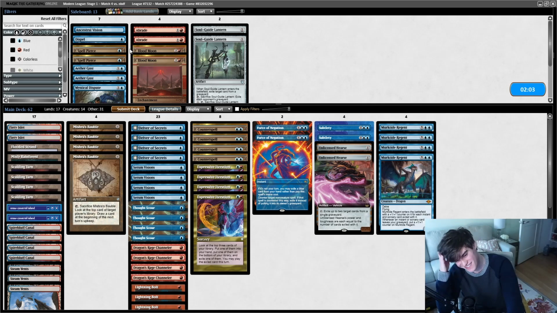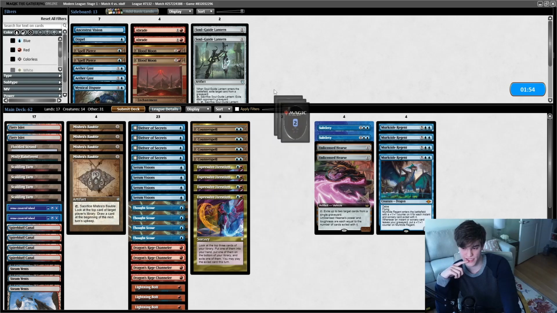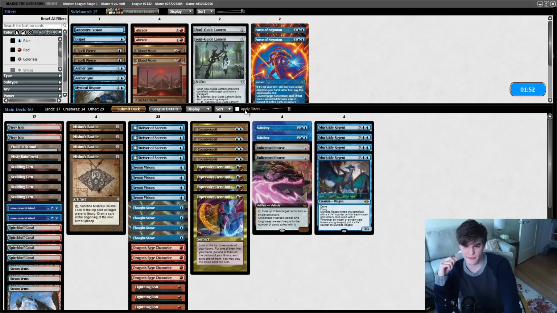The Spell Pierces were not so good. Maybe I would rather just have a counterspell for the late game. It's so awkward. Force Negations can come out. Maybe they're doing something a little different. It seems that they're playing, like